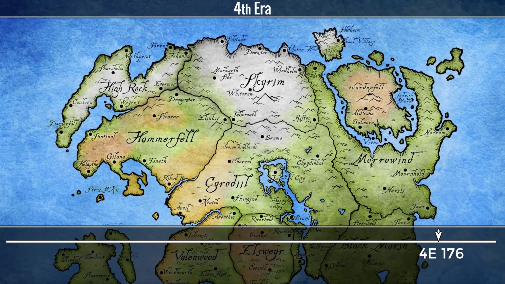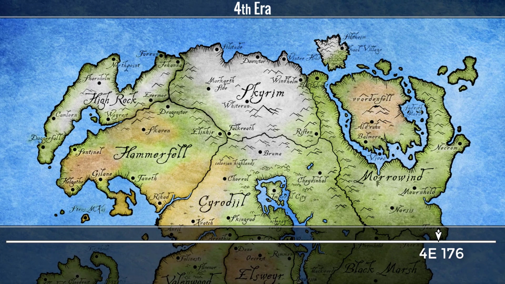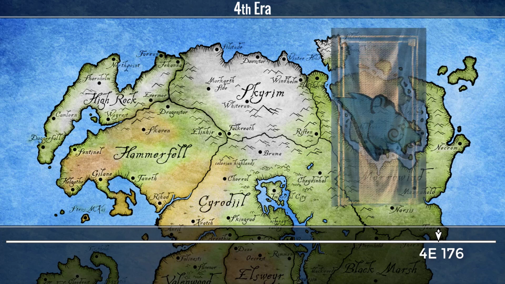Ulfric Stormcloak and his militia in 176 retake the Reach and Markarth from the Reachmen. The surviving Reachmen flee to the hills of the Reach and become known as the Forsworn, a clan commonly known to hold a bitter hatred for the Nords. The Stormcloaks are founded and the Skyrim Civil War breaks out.